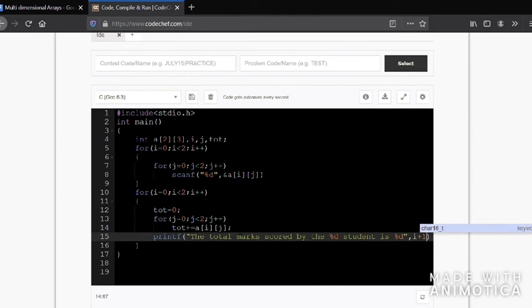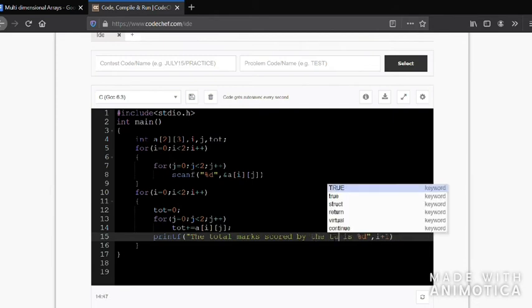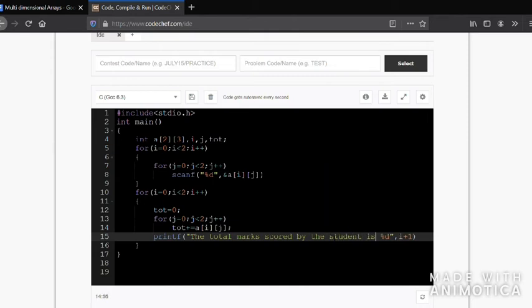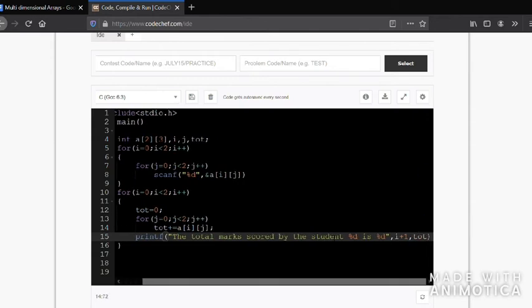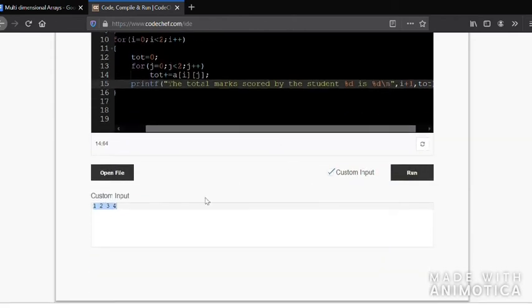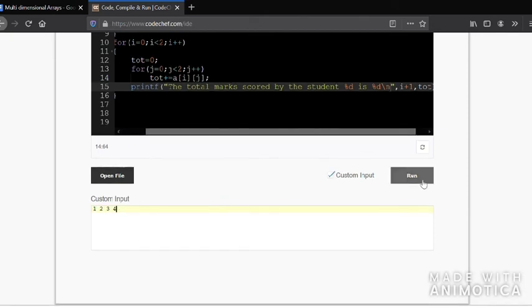First student means student 1 is, okay, I plus 1 comma tot. Now after printing this, you will go to the next line, slash n. So now let's see what will be the output. I'm giving 1, 2, 3, 4 is fine. Run.